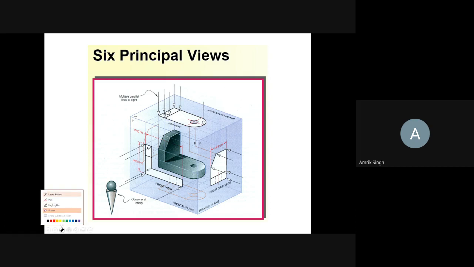You open this top side like this, open this side like this, and open this. So this will be coming on this side. This is how we can draw the 6 orthographic views in any case for an object.